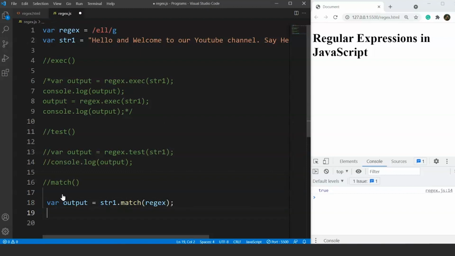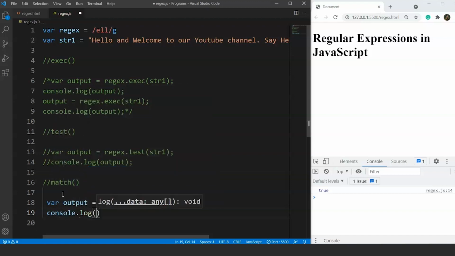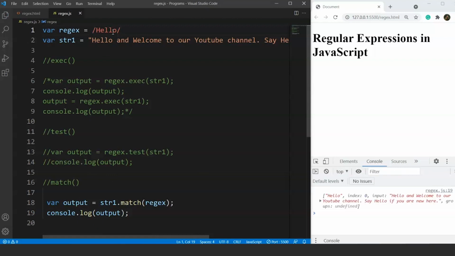It's exactly opposite to the syntax we used for the previous 2 functions. The next line will remain the same. We'll write here console.log and we'll print output on the screen. Fine. Now we have to do one more thing here. We have to remove this modifier from here and we have to write here hello. So save it, and you can see we have an array over here.